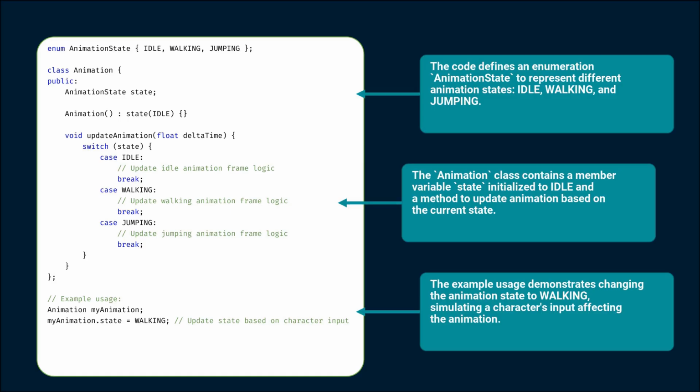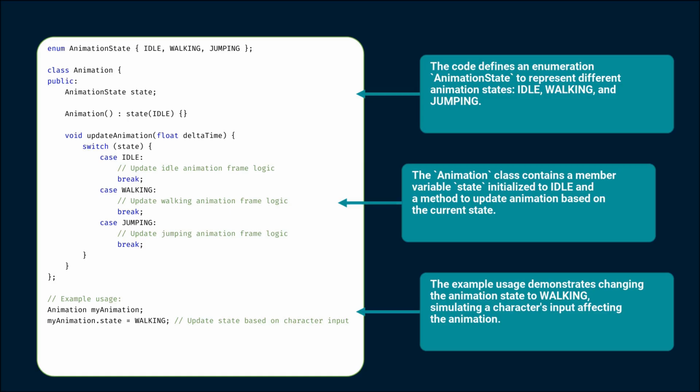It contains a switch statement that evaluates whatever the current state is and can trigger the relevant animation frame logic for each state. This setup means that as our character transitions from one state to another, we can efficiently update the animations accordingly. For practical implementation, we create an instance of the animation class and show a state change by setting the character to walking. This change in state is linked to the player's input, providing visual feedback in the game and making the experience